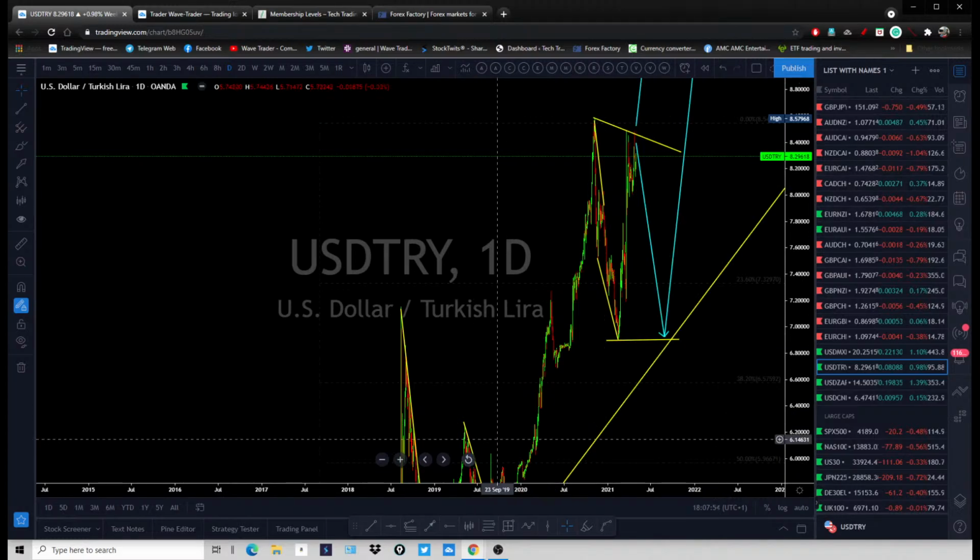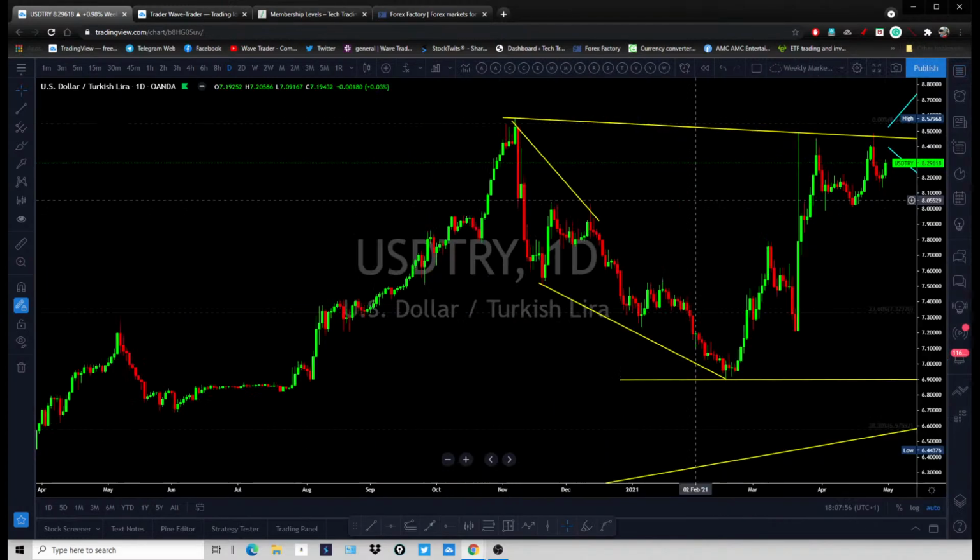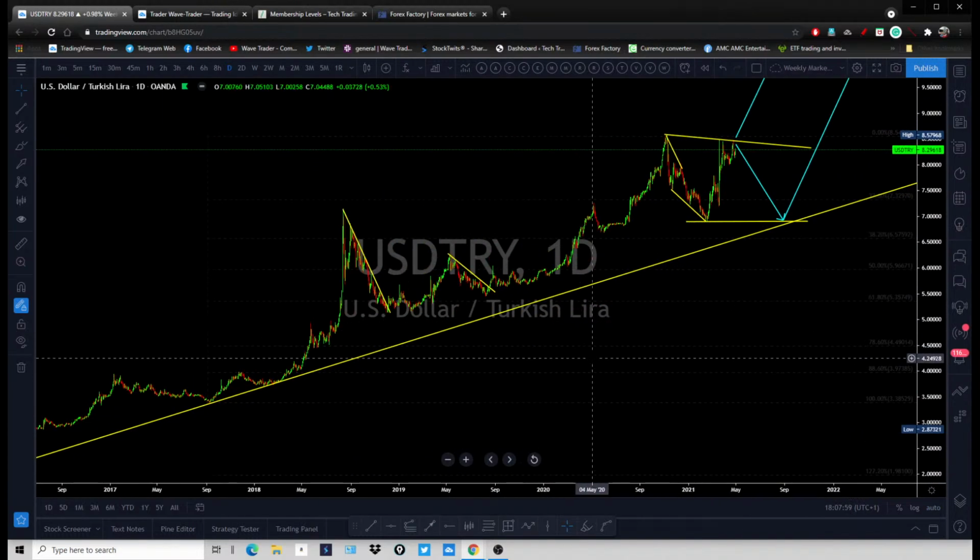Okay, Turkish Lira broke out, went higher. All right, Turkish Lira is simply under attack. The lira is not going to get strong against the dollar. All right, it's written on the wall. Turkish Lira is not going to get strong against the dollar. Reason, because Turkey is having a bad time going on with the US. All right, and Erdogan keeps changing the central bank governor, and that's not helping to control the weakness